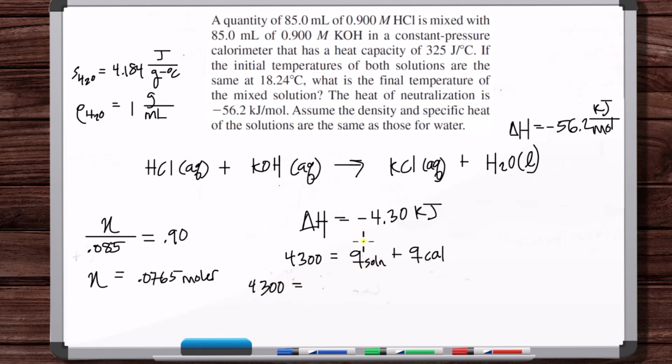4,300 is equal to, what's Q solution? It's the heat capacity of the solution, which we're going to just treat as water. So the heat capacity of water times the delta T of the water. Now, to get the heat capacity, we have to use the specific heat, so we need the amount of grams of water here. And to get that, we're going to use the fact that we mixed these two amounts of solution. So 170 milliliters of solution. So 1 times 170 means you have 170 grams of solution. So 170 grams times the specific heat of water